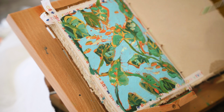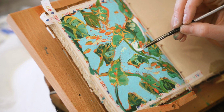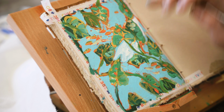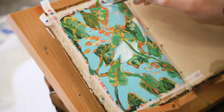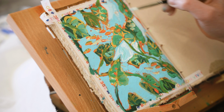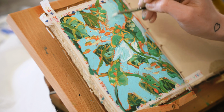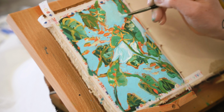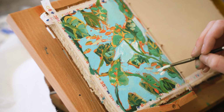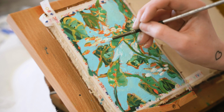This is not about perfection or conforming to external standards. It is not about the end result. It is about the personal journey that you go through while you work on this, and that personal exploration in your art. You may hate the piece that you make, and that's okay, but there might be one thing in that piece that you would have never tried before that you actually love. Even if you hate the entire piece, but you love that one little part, you can take that with you because you found something, you learned something. It's really about tapping into that subconscious area of your brain and allowing that to take control